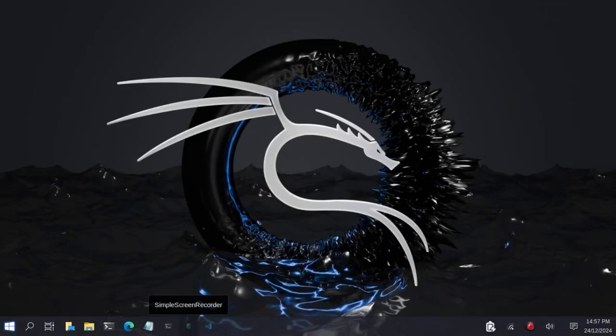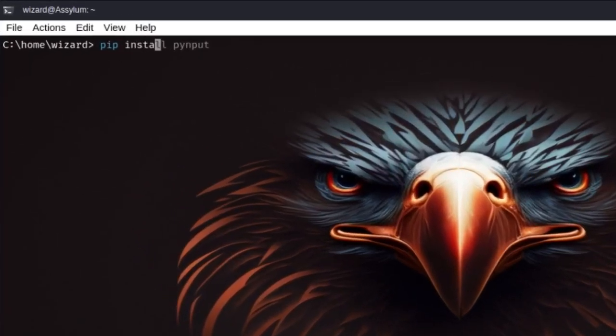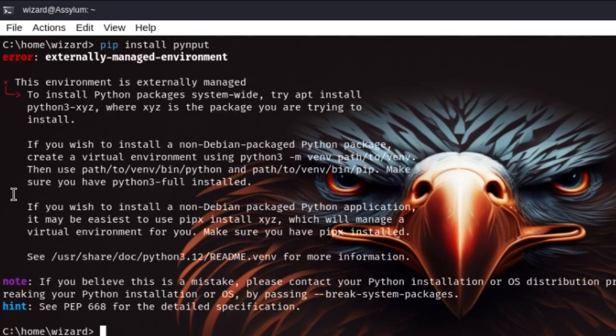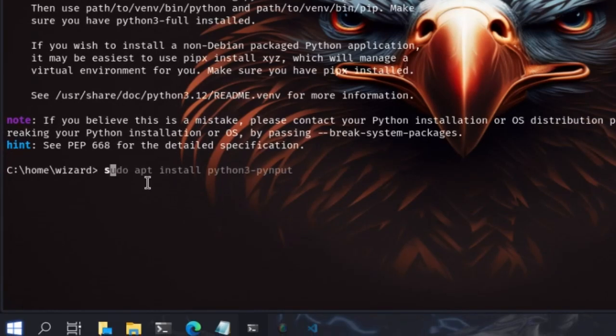First, you have to ensure that you have Python installed on your computer. You also need an external library called pynput. You can install pynput by opening your terminal and typing pip install pynput, then clicking enter. In case you get the externally managed environment error, you can try sudo apt install,